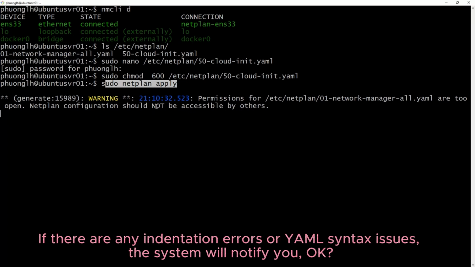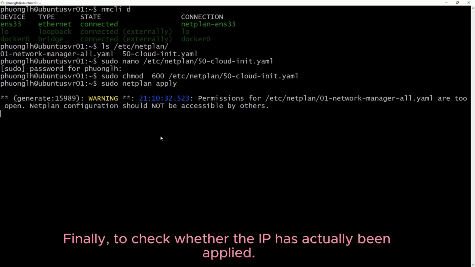If there are any indentation errors or YAML syntax issues, the system will notify you. Okay.